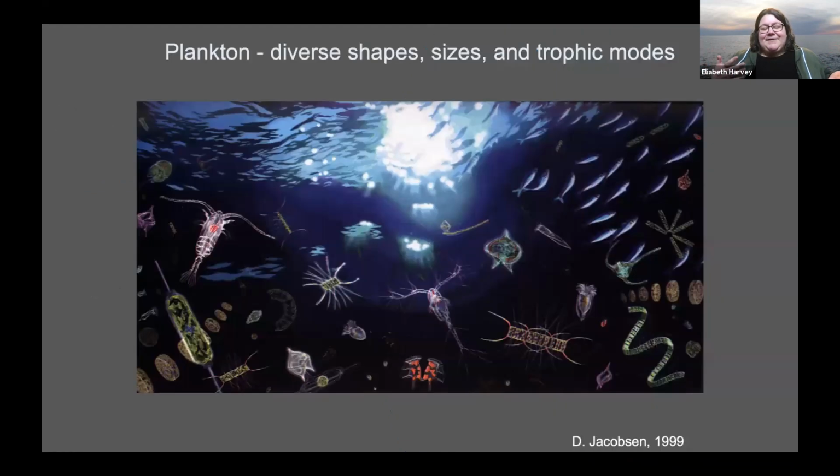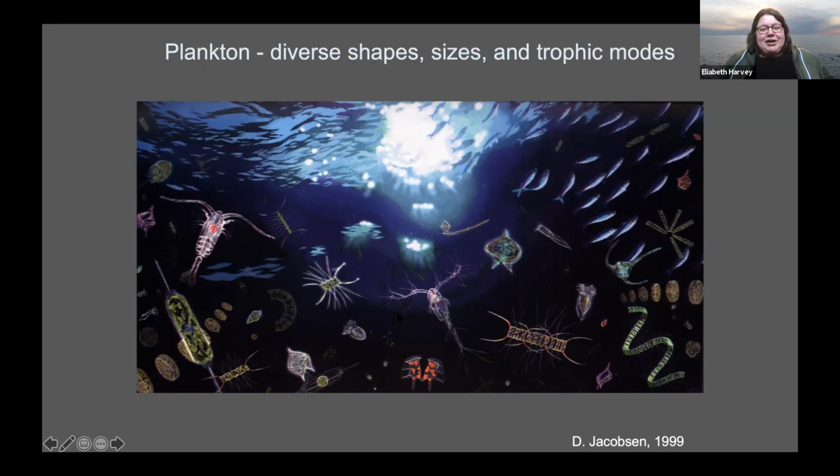I don't think I have to convince this audience very much that plankton are important. Hopefully you all feel that way a little bit. You all enjoy breathing, right? We know phytoplankton in particular provide you with oxygen, and they're the base of the marine food web. I really enjoy this piece of art here. It demonstrates all the different types of plankton that we have in the marine environment.